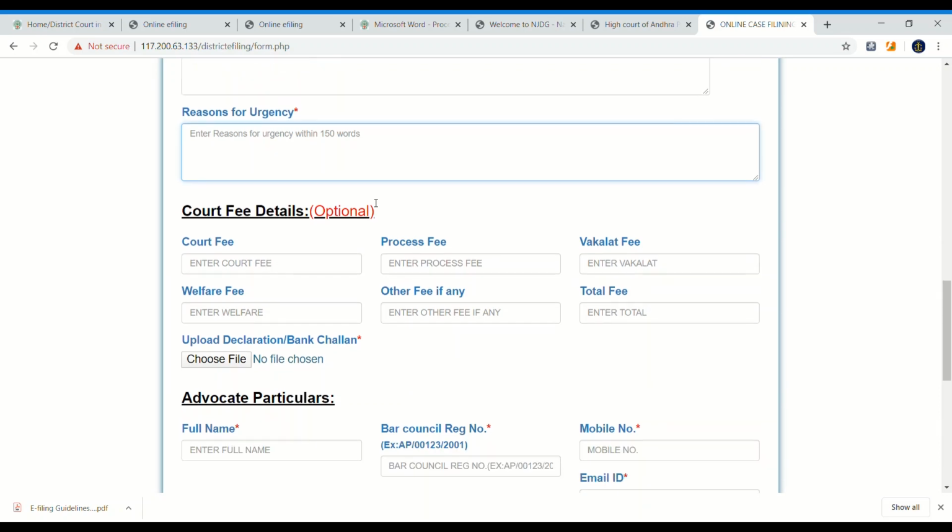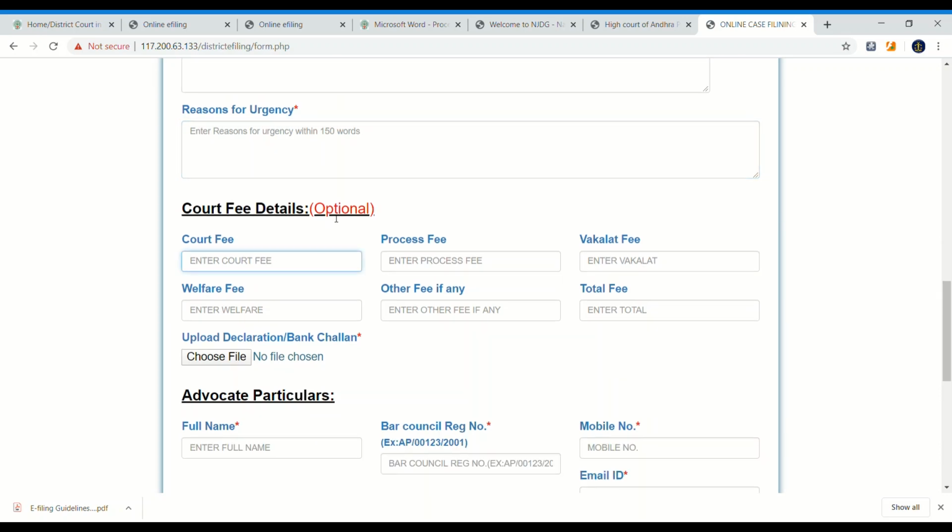Right? And court fee details. It is optional. If you paid the court fee in the bank, then choose file option and upload the bank chalana.